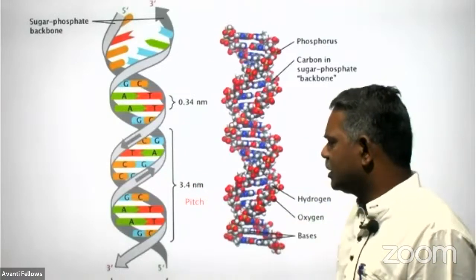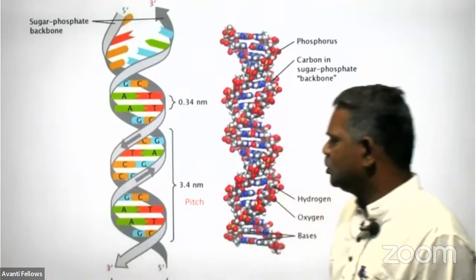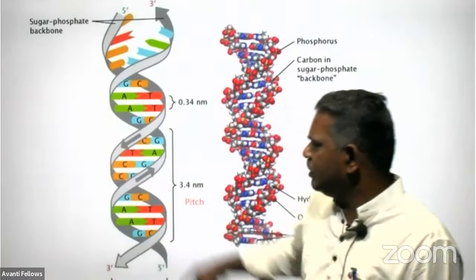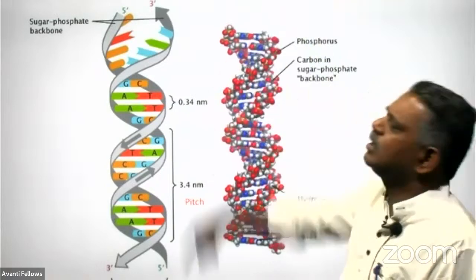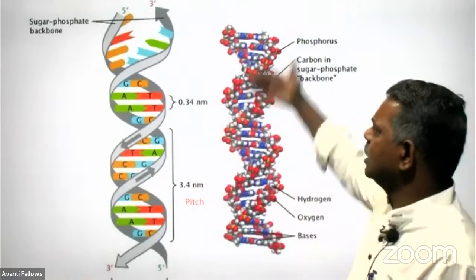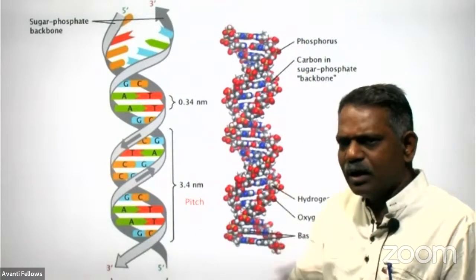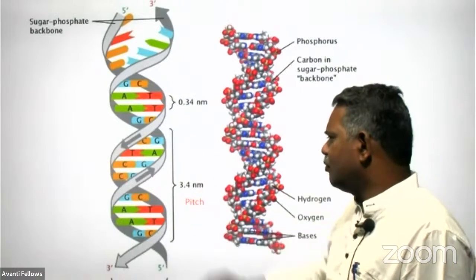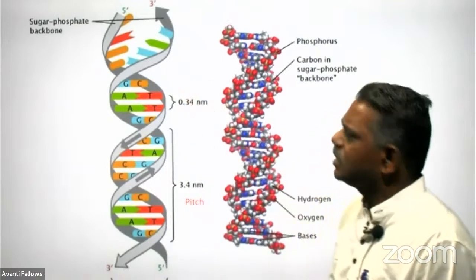That is what we call the pitch length. And the distance is only 2 nanometer between these two strands. Width of the DNA is 2 nanometer, and many pitches will be there in the DNA, depending on the chemical nature and number of nucleotides present. But every pitch consists of only 10 nitrogenous base pairs, and the length is only 3.4 nanometer, and the distance between two nitrogenous base pairs in the DNA